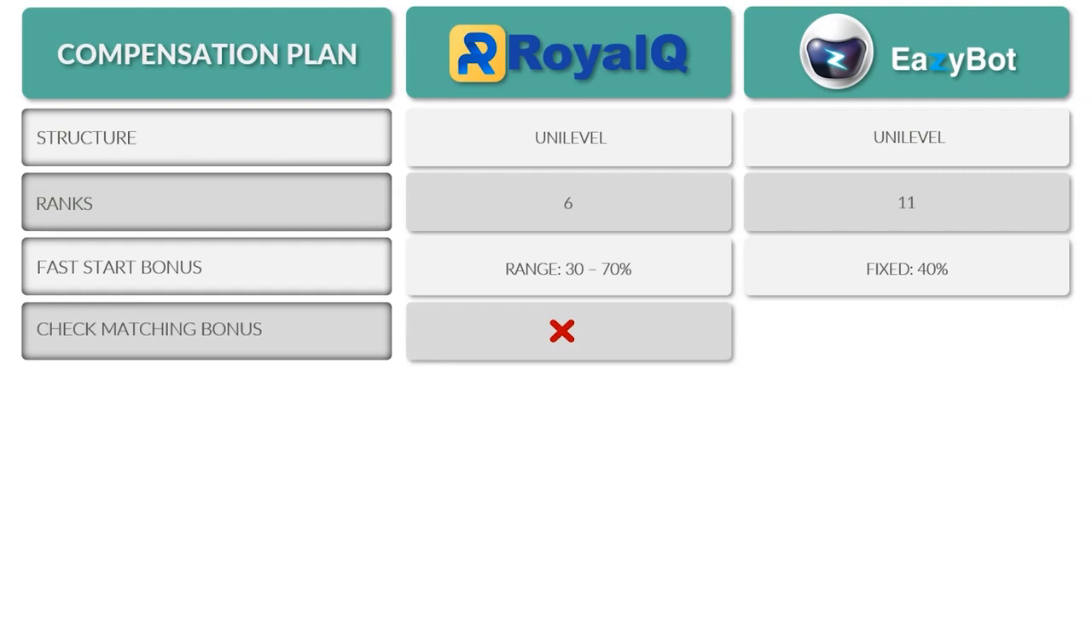Check matching bonus is not currently present in the Royal Q compensation plan. It is a feature of the EazyBot comp plan, and it is quite lucrative because if you bring in somebody that builds a big team, for example, they're earning $100,000 a month, you're going to get an 8% check match on their earnings. All the trading profits they're earning from their entire team, you're going to get an 8% match